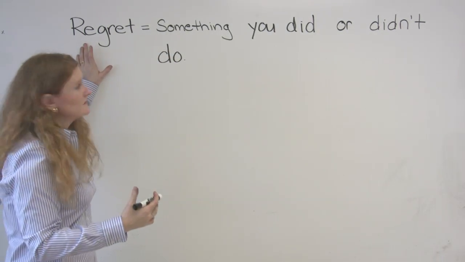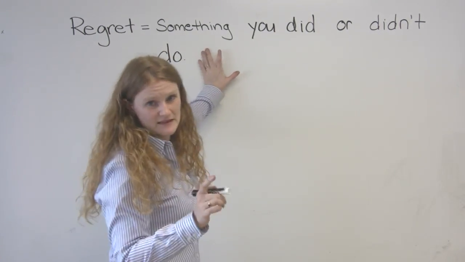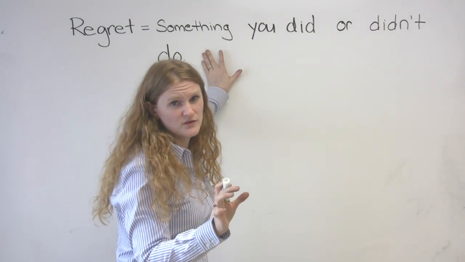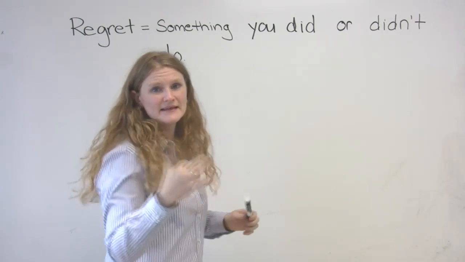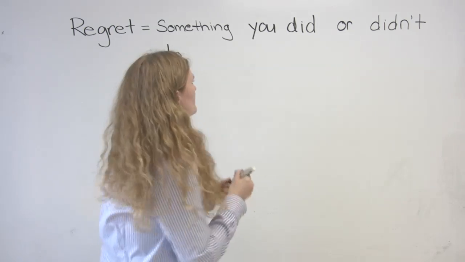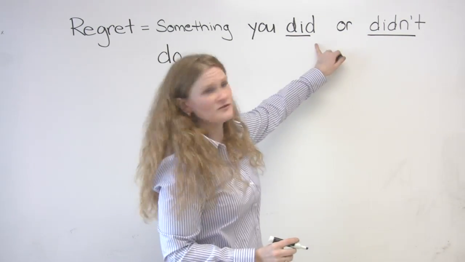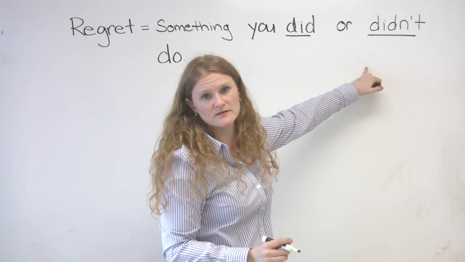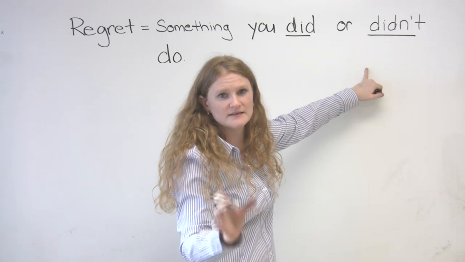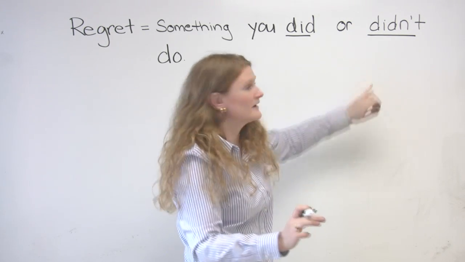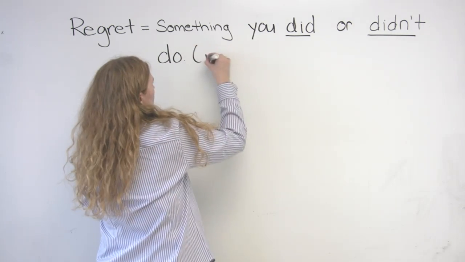A regret is something you did or didn't do in the past. Anytime in English you have the word did or didn't, it's automatically in the past tense, okay? So,